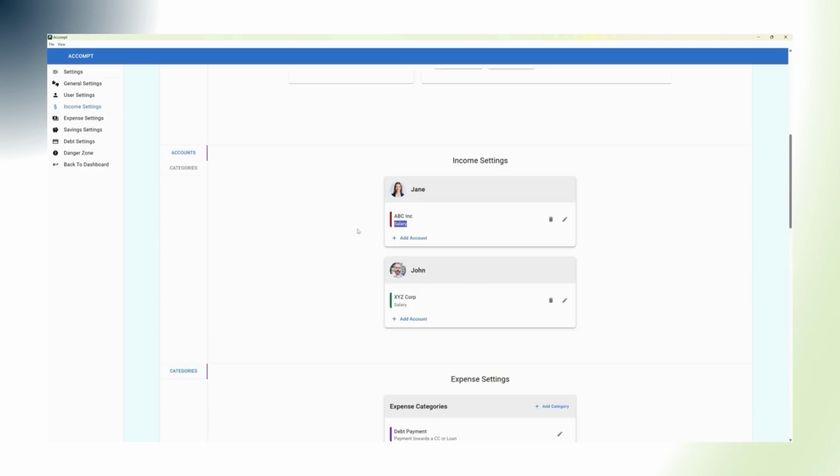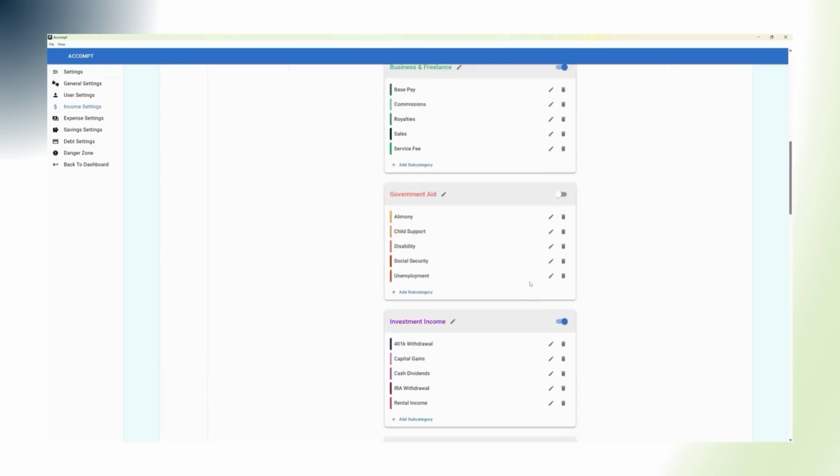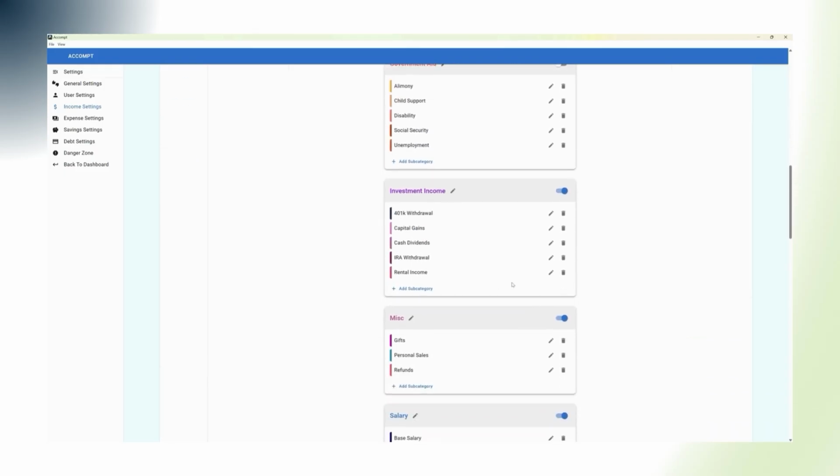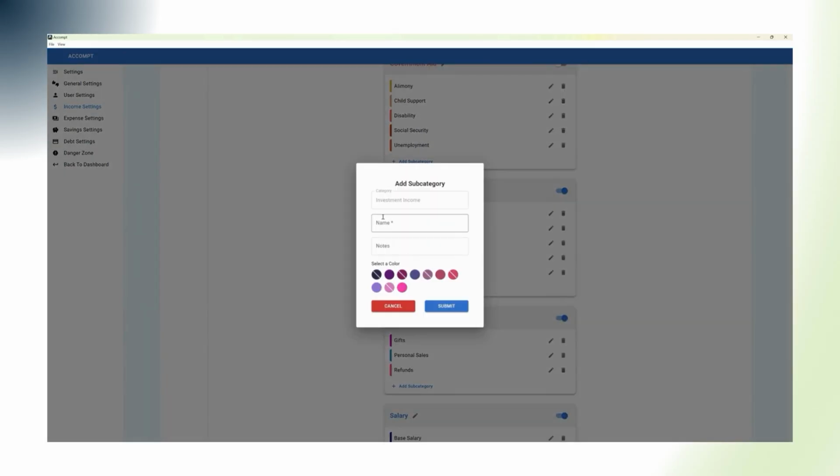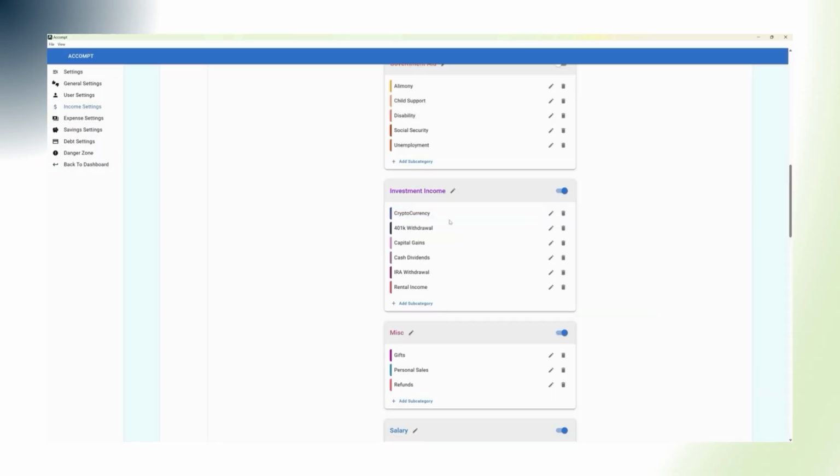While the main categories cannot be created or removed, the transaction subcategories inside them are fully customizable. You can add, edit, or delete subcategories to better match the types of income you receive. This structure helps keep income tracking consistent while still giving you the flexibility to organize transactions in a way that